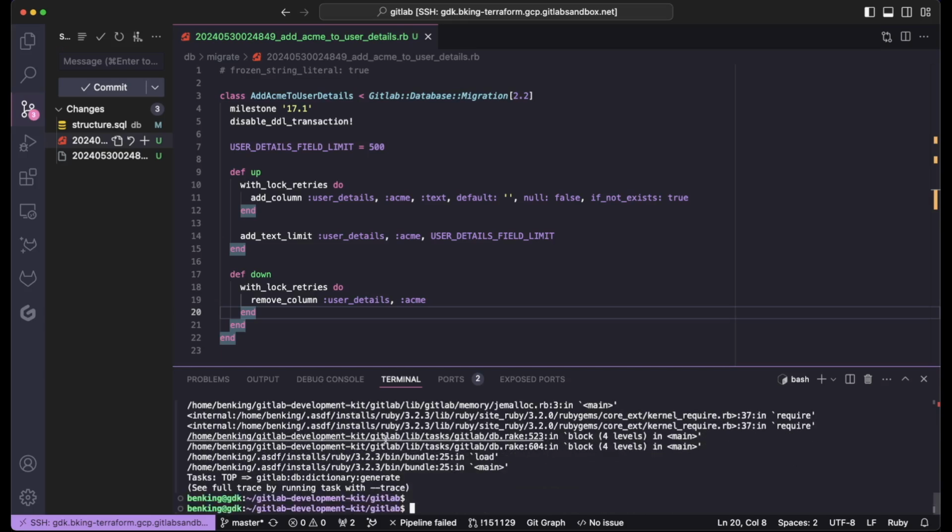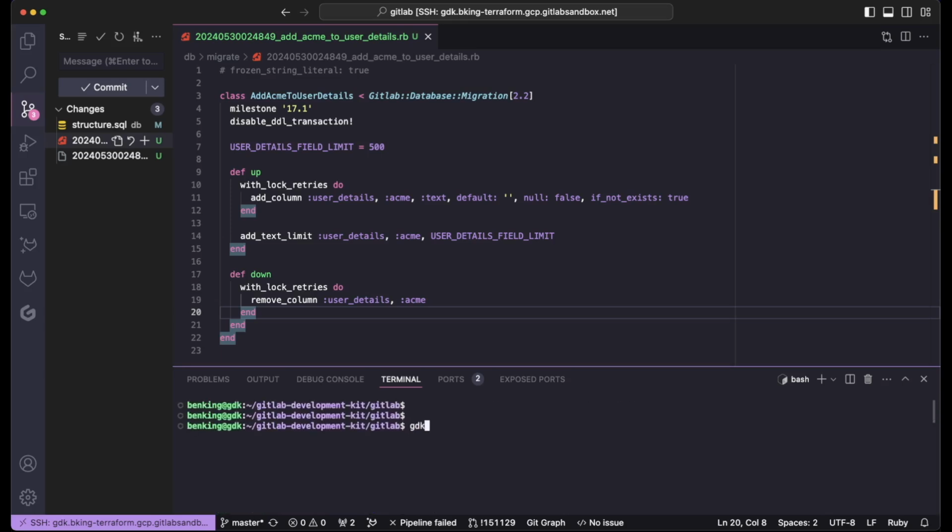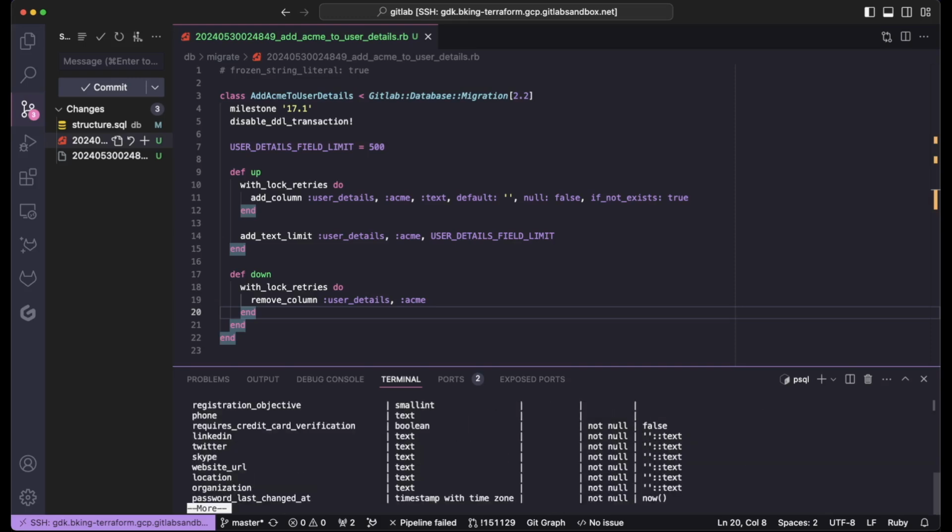What we can do now, while we're here, is I'm just going to clear this again. GDK, we're going to jump into the database by opening up a PostgreSQL level interface. This should load pretty quickly. I'm going to turn expanded display on. Let's take a look at user details. If I expand this out so that we can see a little bit more,